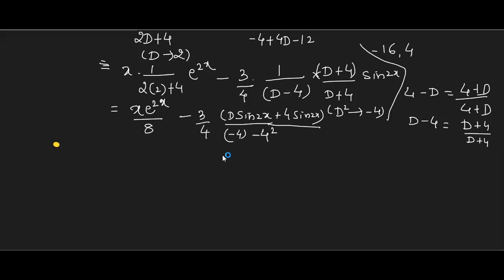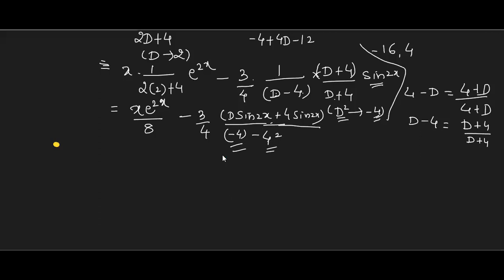Just listen. Did you understand? We have to multiply and divide by the conjugate pair. Now the denominator is in the form a minus b into a plus b, which will give me a square minus b square. So a square is d square. That d square has to be replaced by minus 4 because we are dealing with case 2. If you have sine or cos, you should replace d square by minus a square. This is what we did over here. Now similarly, what is my b square? My b is 4. So obviously my b square will be 4 square. This is what we have written in the denominator.